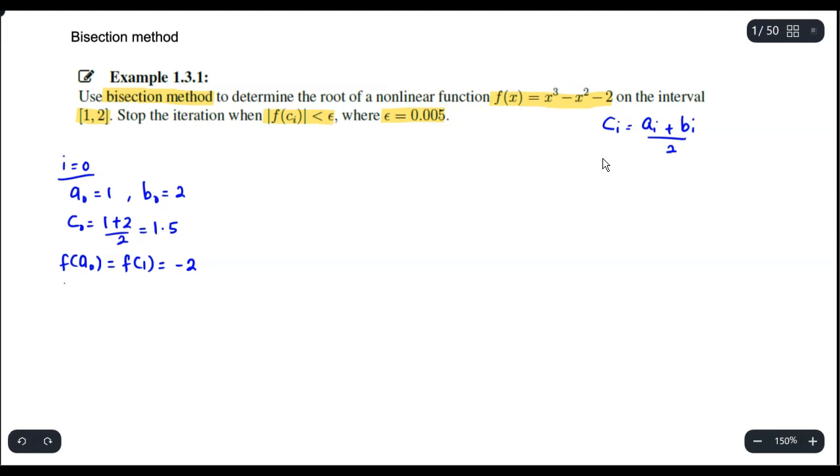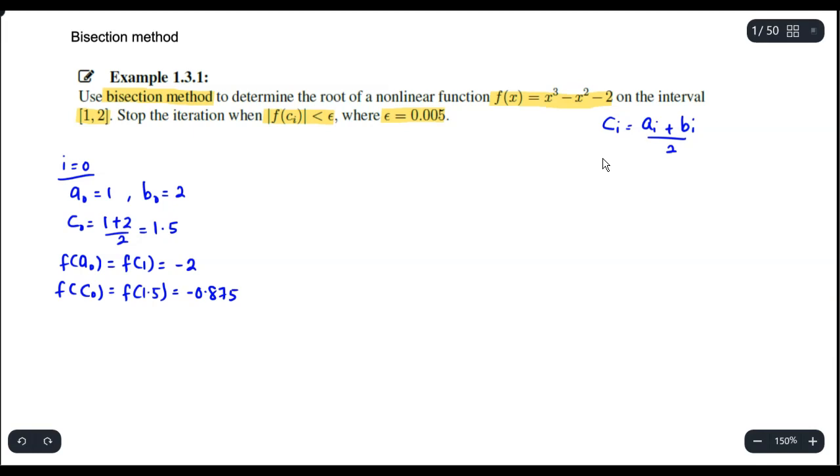Then we compute f(c_0), which is f(1.5). Similarly, we put x equals 1.5 in the equation of f. So we have 1.5 cubed minus 1.5 squared minus 2. That will give us negative